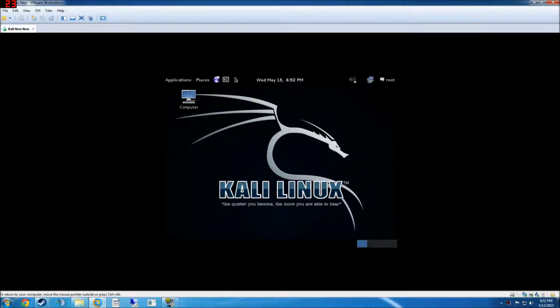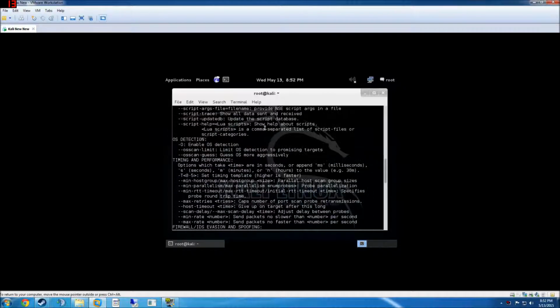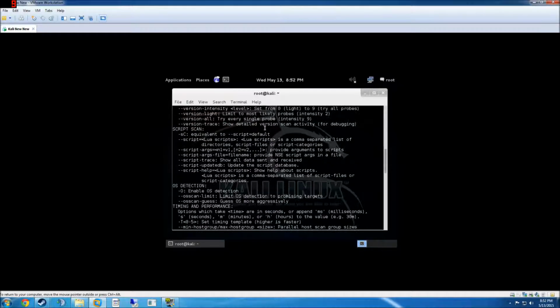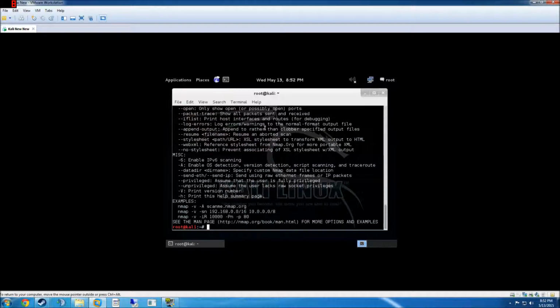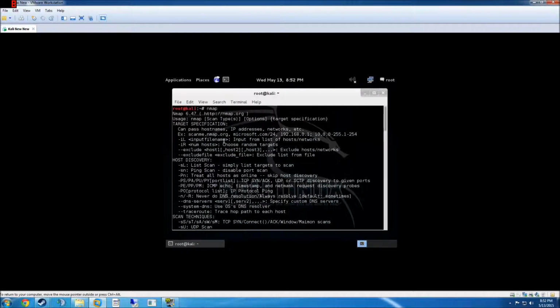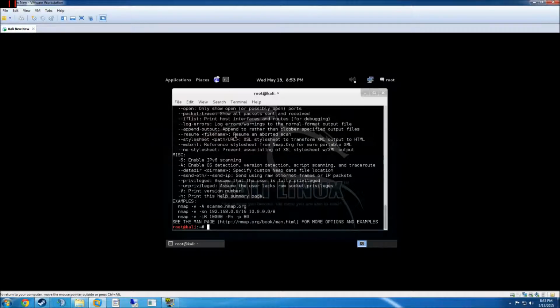Today we're going to be learning about Nmap and what it can do, and some examples of it. To get started with Nmap, you want to open up a new terminal and type in nmap. This is just going to give you a whole bunch of options. We will do a more advanced tutorial later. This is just to give you some examples, but if you want to read through this, it has a lot of good info. But for right now, since this is just a basic tutorial, we're just going to start off with